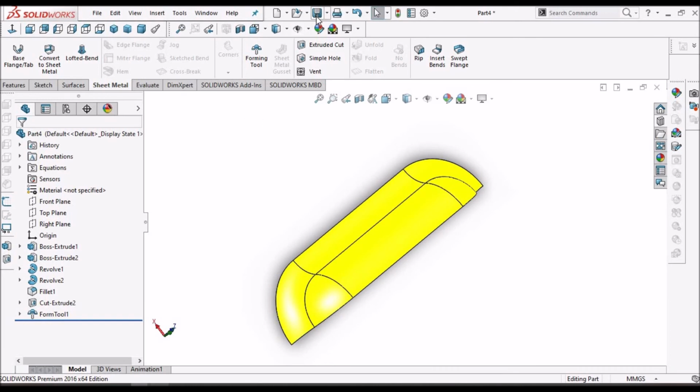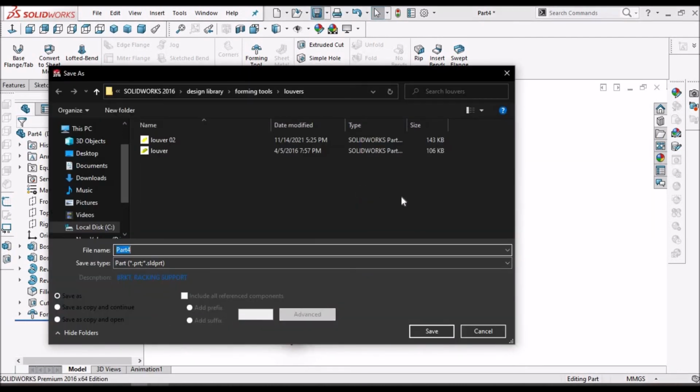Now we have to save this file in the SolidWorks design library, forming tool and lowers. So save.